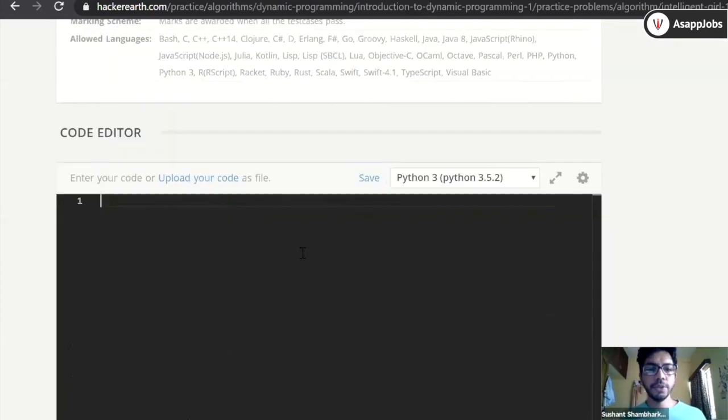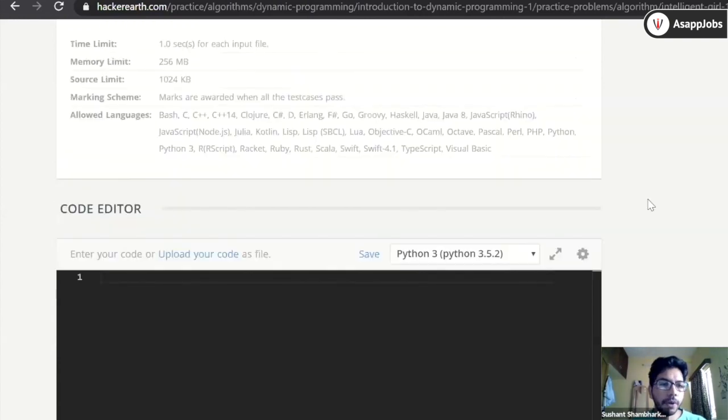I usually use Python for solving computer problems. The syntax is very easy and you don't have to code a lot. You don't have to remember any libraries or methods. It's pretty intuitive, I'll say. You can use any language, it's up to you. But if you want my suggestion for which language to use for a computer program, I will always recommend Python. So for the problem, you have to take an input.